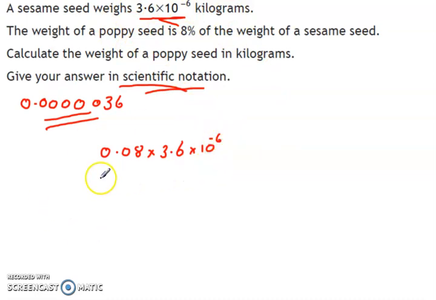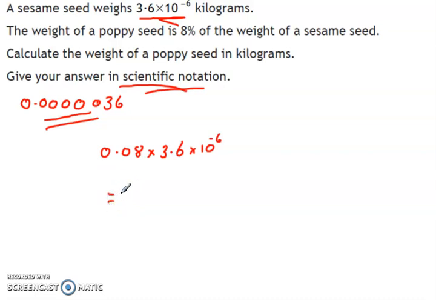So to do this calculation, all we need to do is 0.08 times 3.6, then hit that scientific notation button, negative 6. Then we just have to hit equals and we see what answer we get from the calculation. Now, key point to note is sometimes the calculators convert it from a scientific notation calculation and answer into a real number. If it does that, you have to make sure you convert it back before you write the